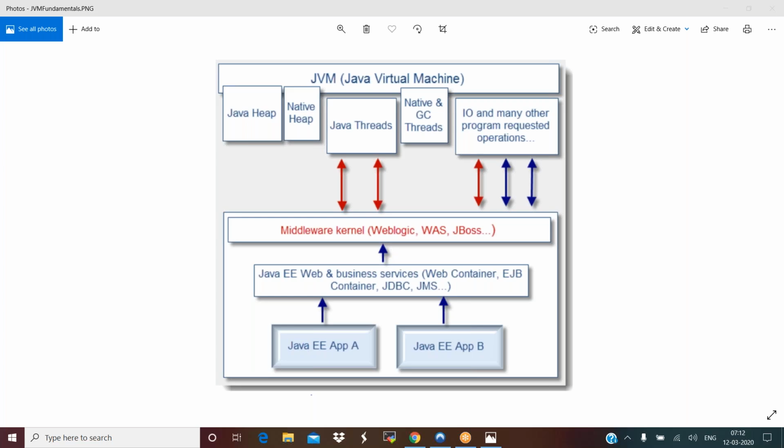Since most of the thread allocations happen in the Java EE container, if you look after the middleware, you see the Java EE business services, web container, EJB container. All the thread allocations happen in the Java Enterprise Edition container. So you need to understand and recognize how much thread stack is required, how much stack size you need to give. Stack size is the important part